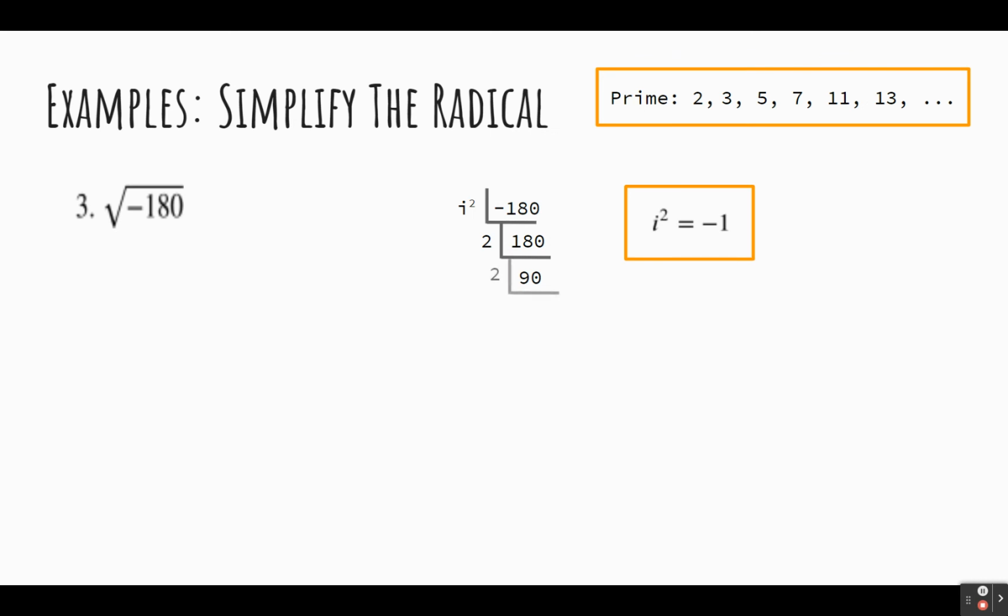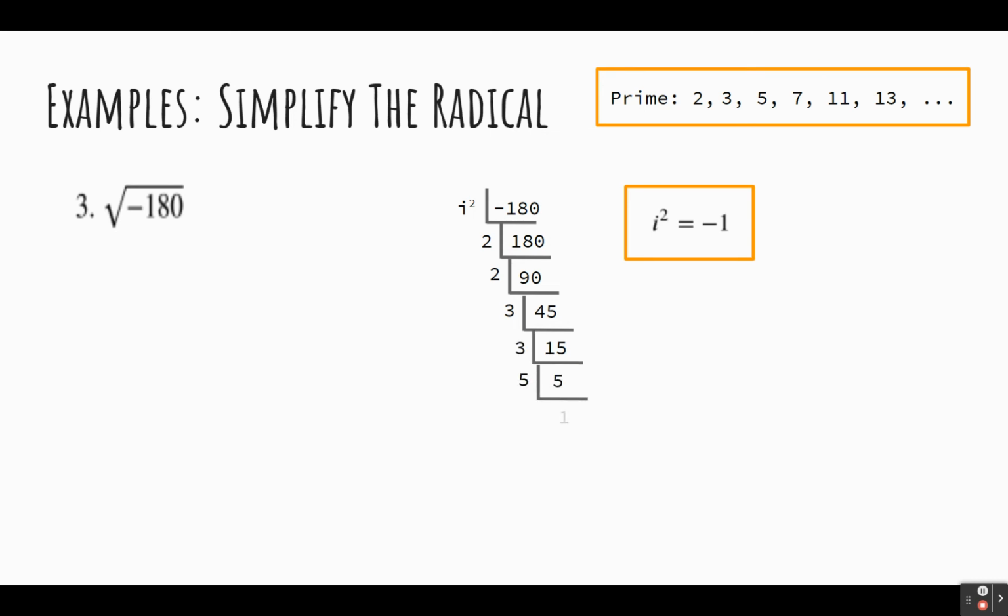We can divide by another 2 because 90 again is even. We get 45. We'll now have to go with a different prime. 45 is divisible by 3. The sum of the digits, 4 plus 5 is 9. If the sum of the digits is divisible by 3, then that number is divisible by 3. We can divide 15 by 3,